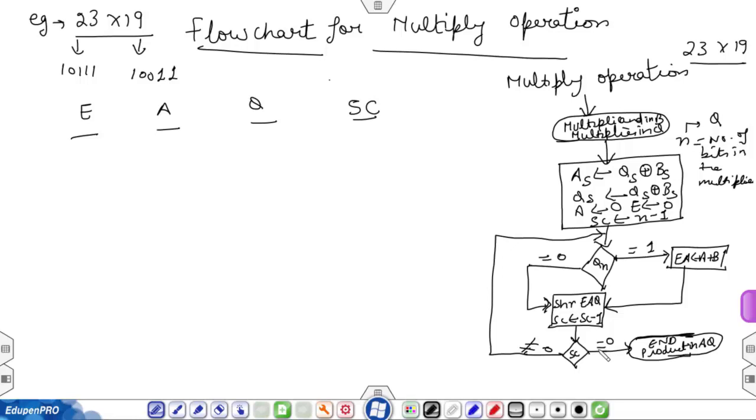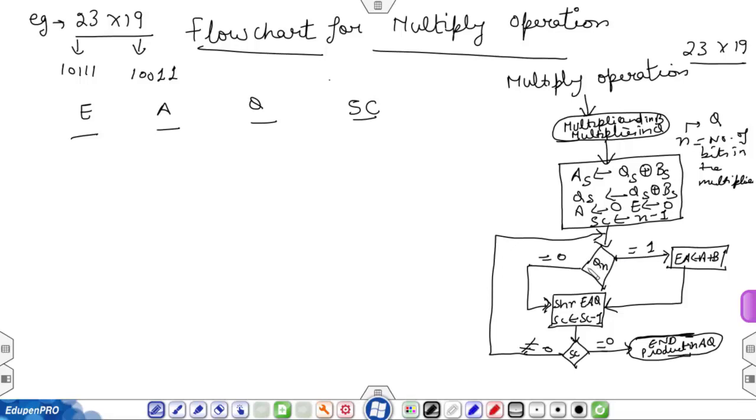If the sequence counter is equal to 0, that means the multiplication process is completed, and the final product will be stored in the combination of the A and Q registers, that is AQ. But if the sequence counter is not equal to 0, then the process will again go to Qn and the bit of Qn will be compared again, whether it is 1 or 0. In this way all the operations of the multiplication will be performed.